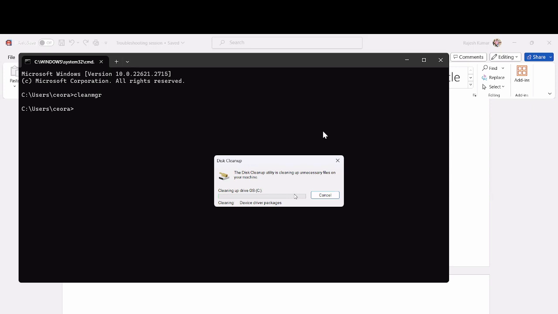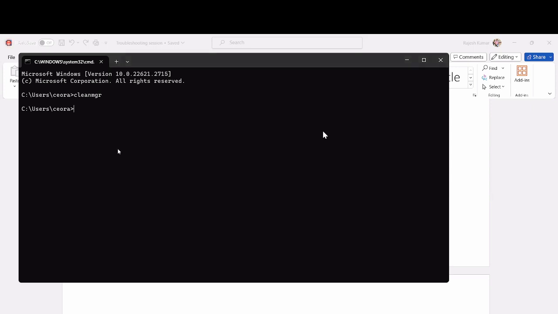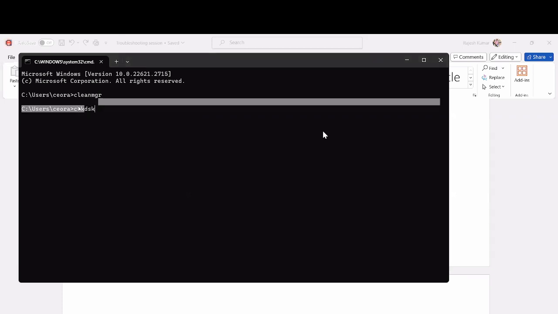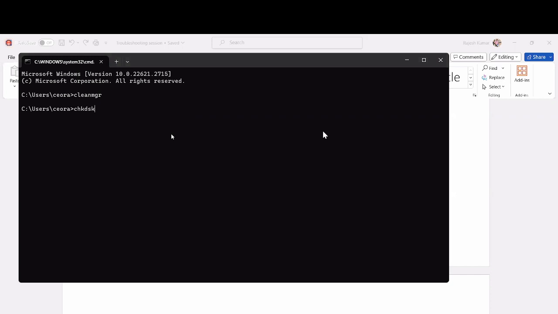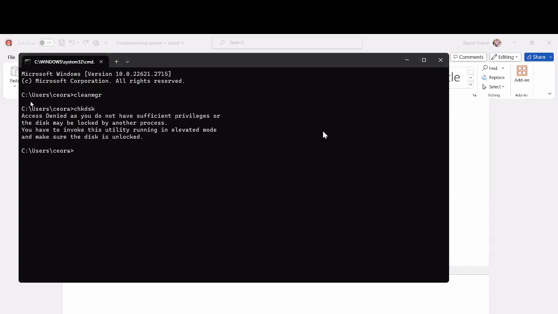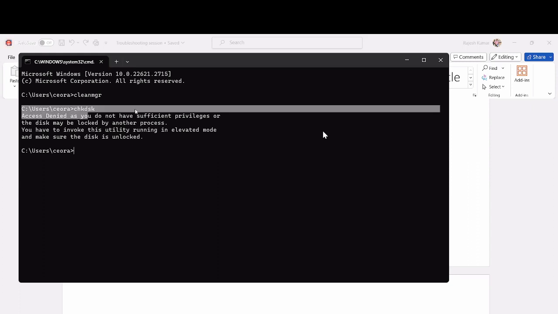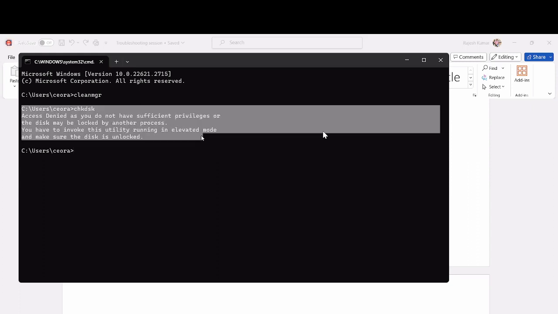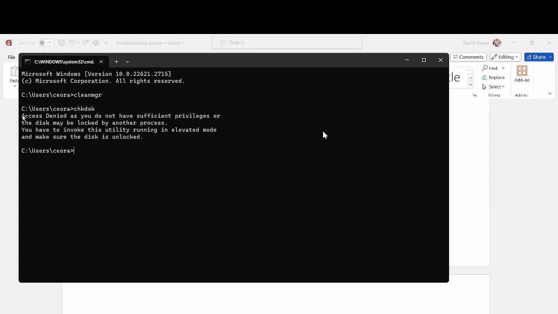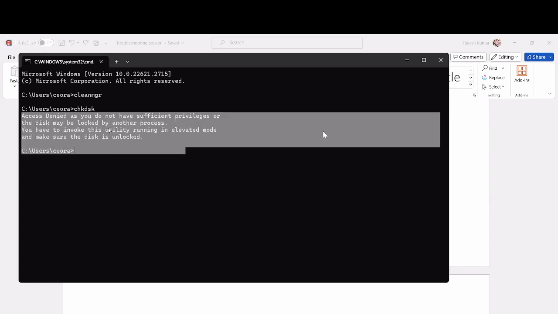Once that is done, now there is one command, chkdsk. You need to type this command, chkdsk, in the laptop or desktop, then press enter. Once you press enter, if you are getting this kind of error, how will you solve this error? So simply